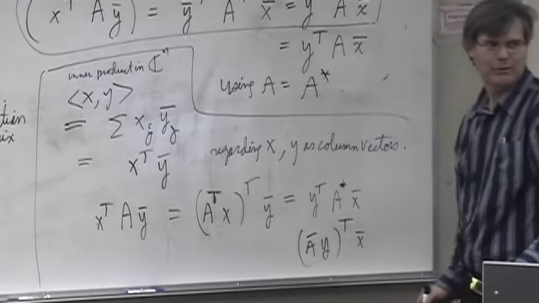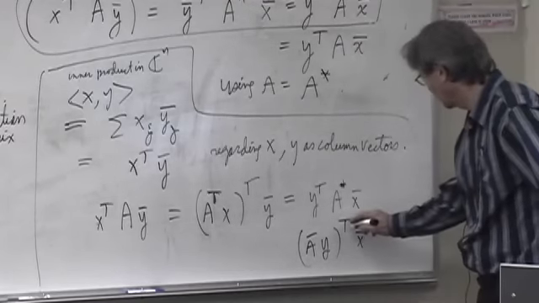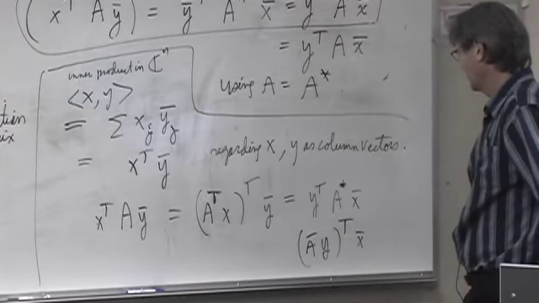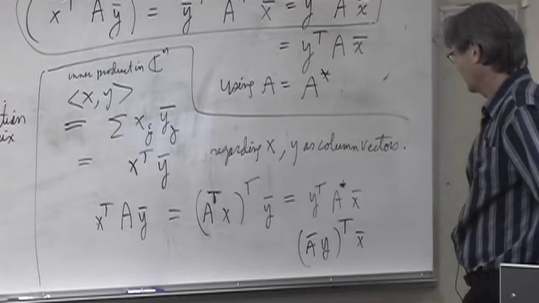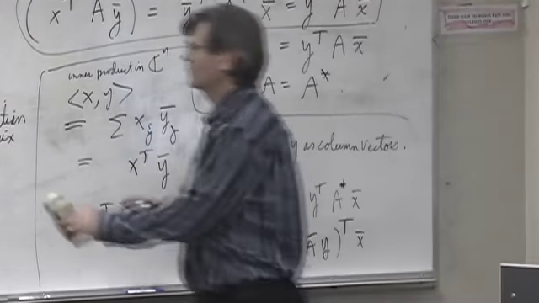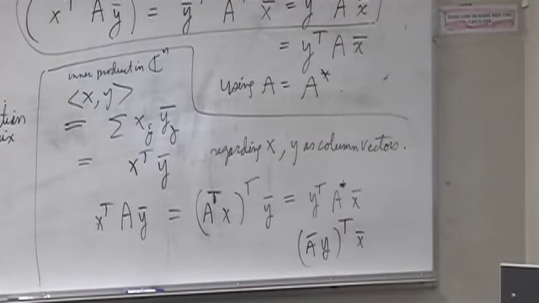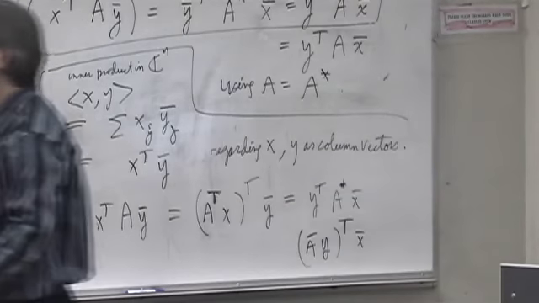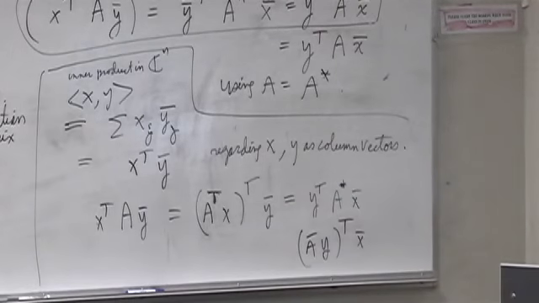That's correct, where A bar is the conjugate, because transpose has the conjugate again. So what I'm trying to say here is that if I now replace A transpose by something else called B, make a change of variables, call B equals A transpose, then